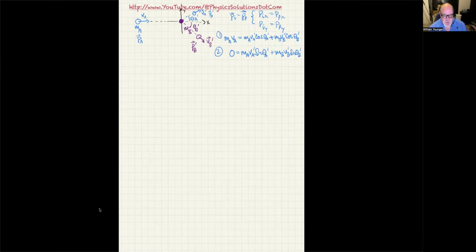So that's our two conservation of momentum equations, and if we happen to have conservation of kinetic energy, meaning it's an elastic collision, we can add a third equation. But right now, having two equations, we can have two unknowns, and that is exactly what example 9.12 is going to do. So I'm going to go ahead and solve example 9.12 now that we know this information.